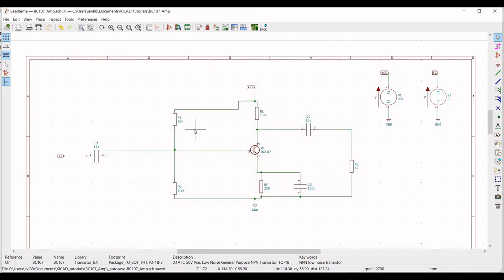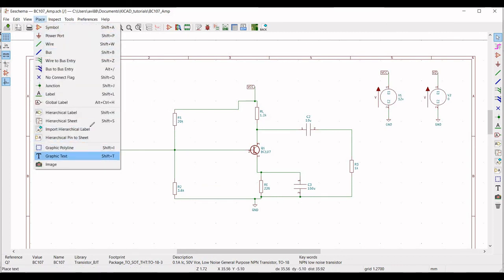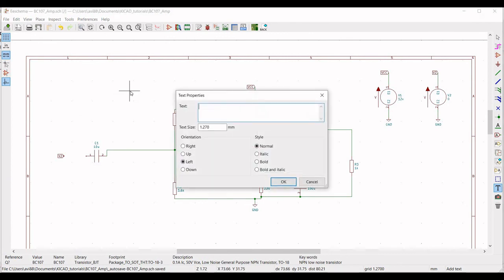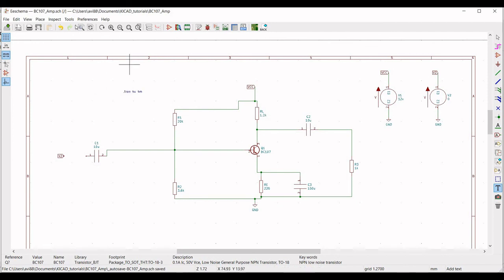Click OK. Click on Place and then select Graphic Text in order to inform ngSpice that we want to perform the transient analysis. So place the following text .tran 4 micro and 4 milli.